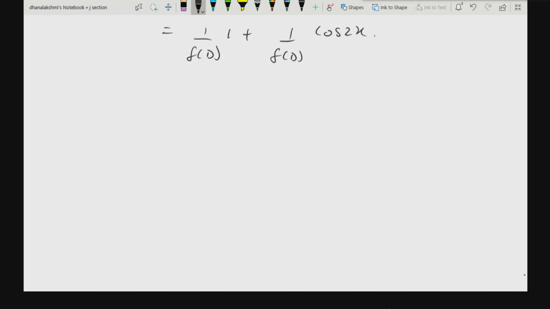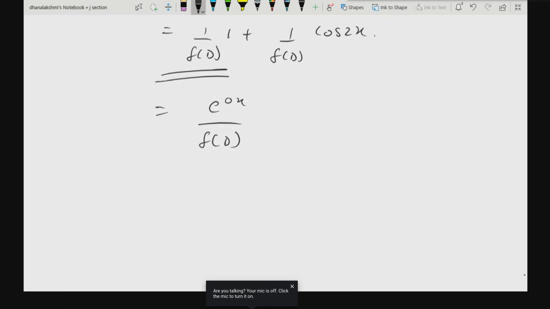In the question, if d square is somewhere there, you will replace it with minus b square, check whether it is equal to 0 or not. Accordingly, you will apply. What about this one? If e to the power is 0, any constant, you will take this as e to the power 0x f of d. And when you have e to the power ax, what is the formula you are applying? Replace d with a and check if it is equal to 0 or not. If not equal to 0, well and good. Even if it is equal to 0, you have the formula for that also. Understood?